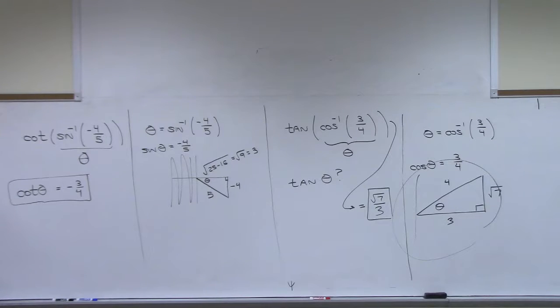Is that all right? Yeah. Okay. Professor, how did the quadrant come into play when it had to be negative and it was? Because your sign was negative. How did the quadrant come